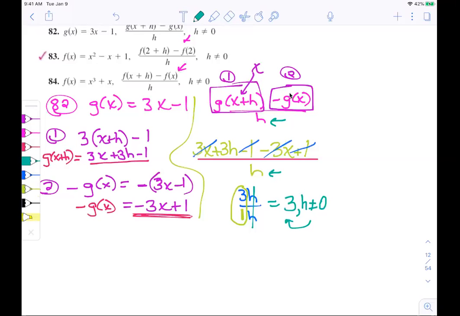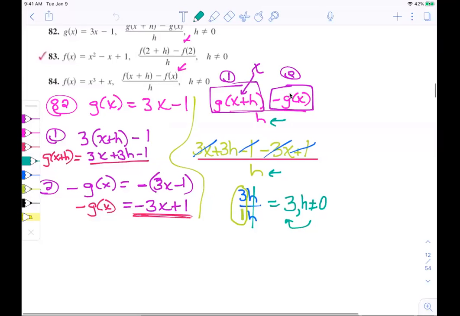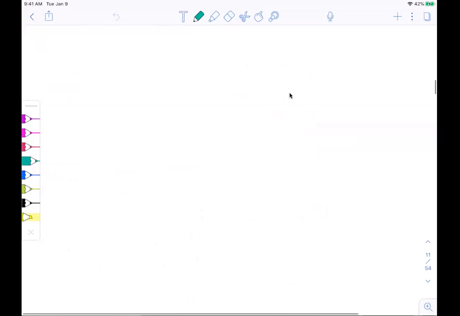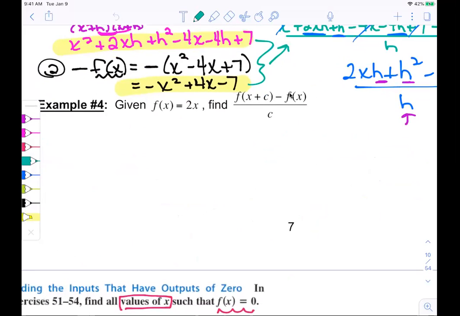So if you could take out your notes and look at section 1.2. So we're working on this. I was at 1.2 working on this yesterday. We're going to see if we can do this difference quotient again in example 4. And then we'll look at piecewise functions and we'll talk about domain and range. So example 4,